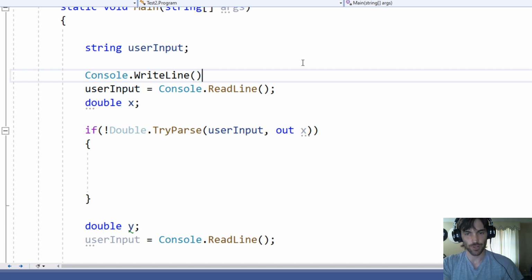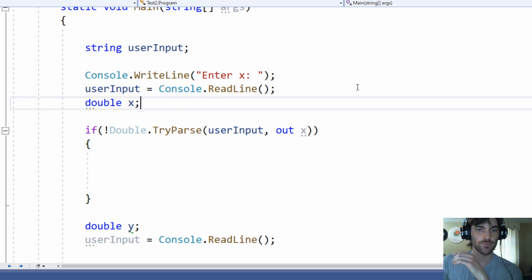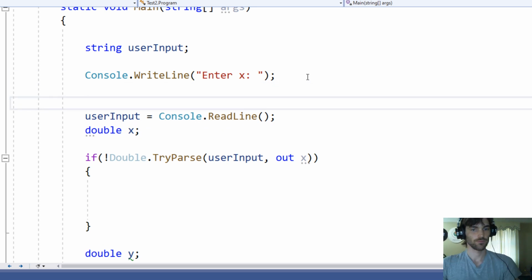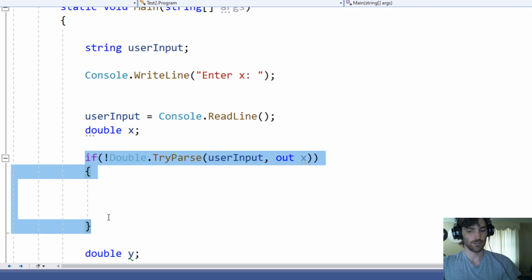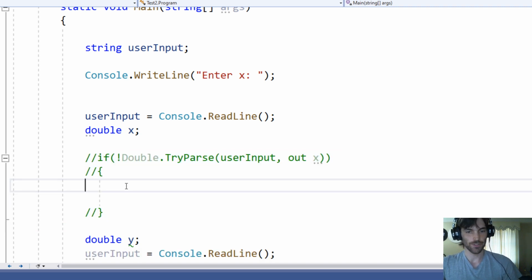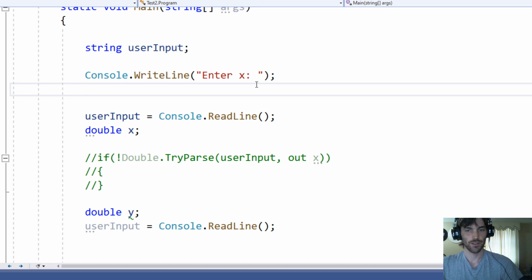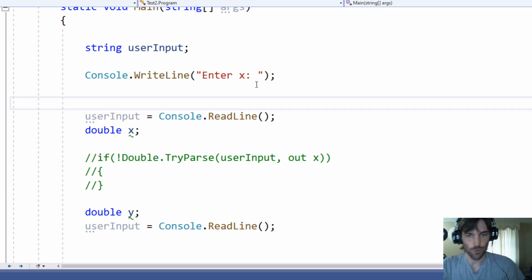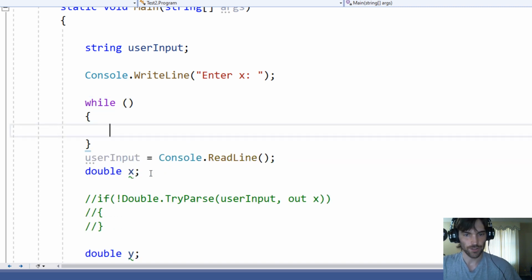So we're going to do a quick write line here, and it's going to say enter x. So they're going to enter an x value, and I'm going to comment this out for a sec. We're going to do a while loop. So a while loop